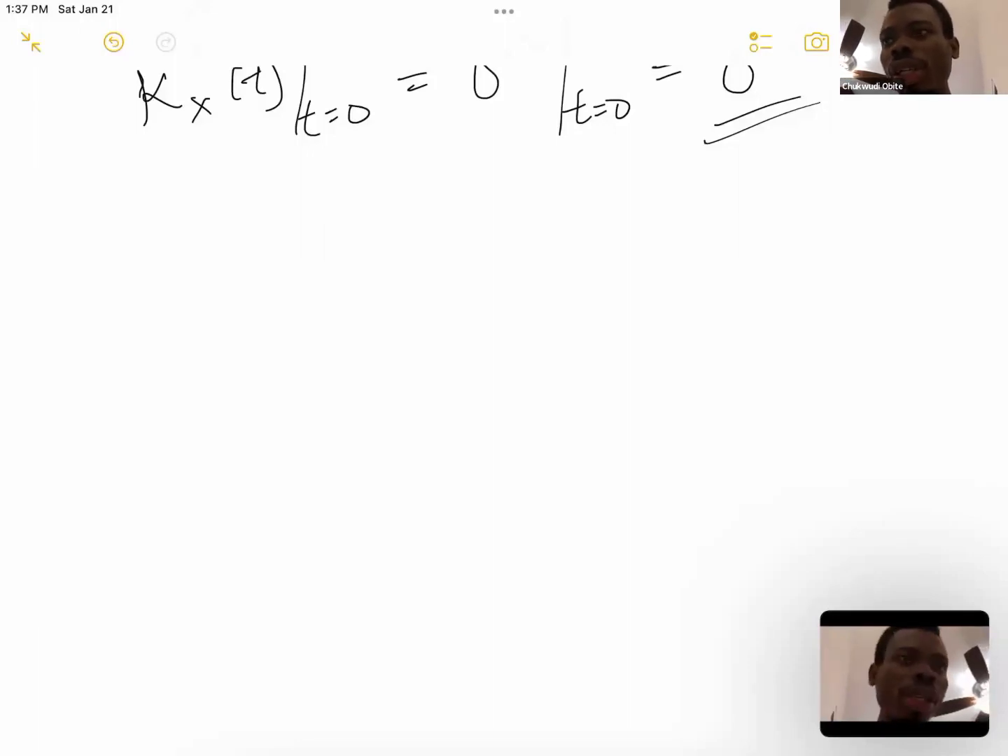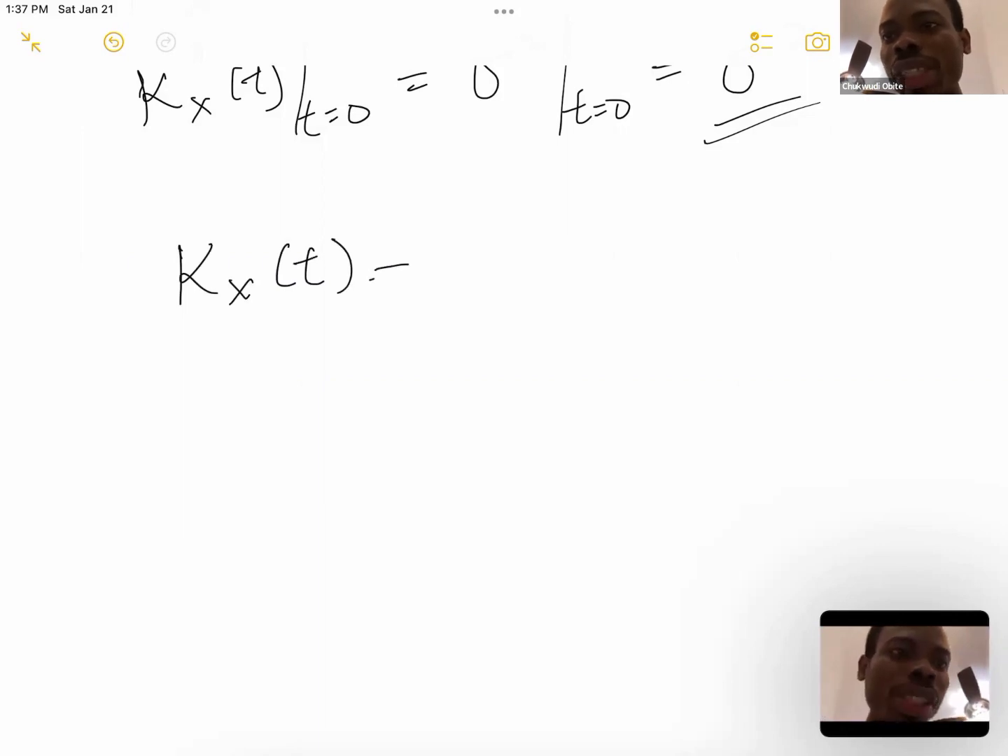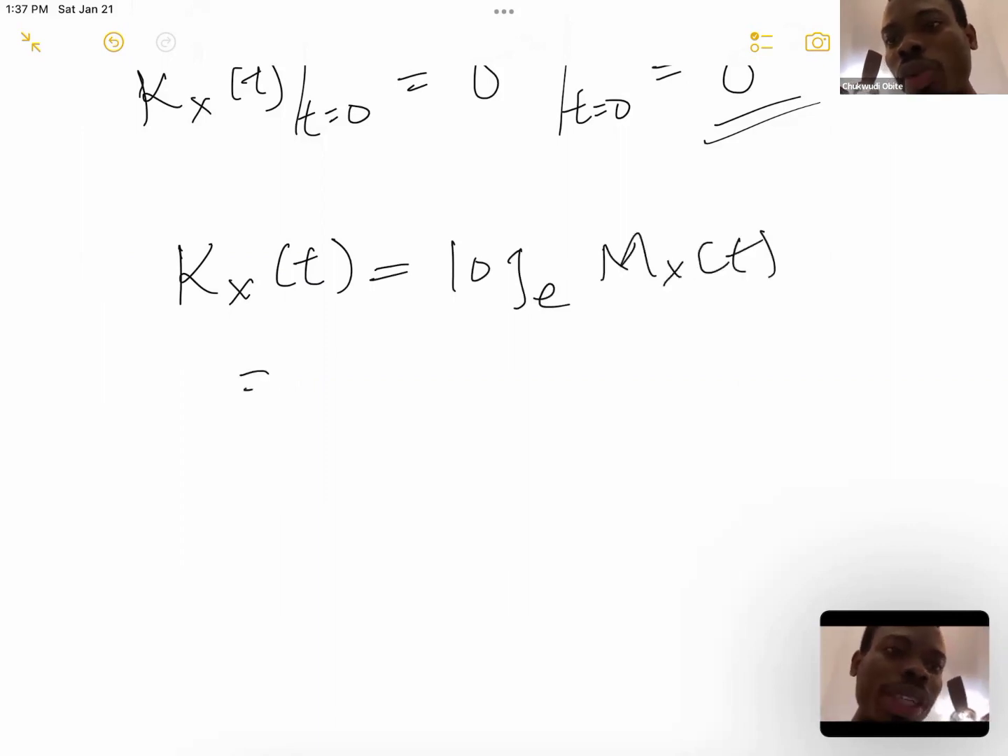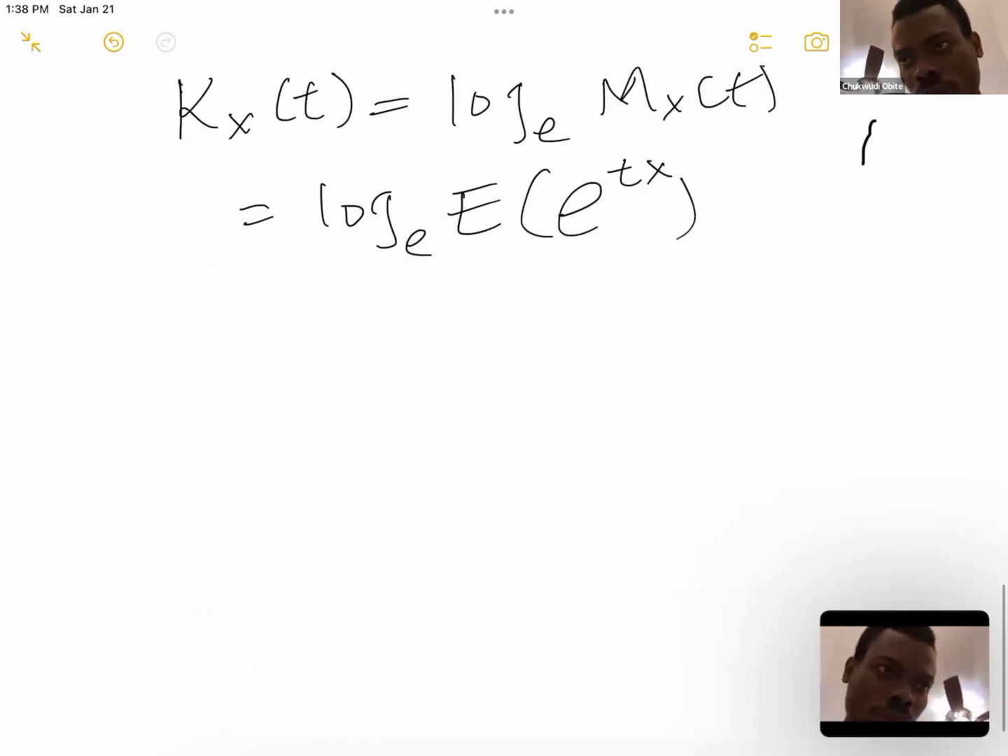So today I will continue from where I stopped in my last video on the cumulant generating function. A recap: in my last video, I explained that the cumulant generating function, which we can represent with K_X(t), is the log of the moment generating function. I also said that the moment generating function is the expected value of e^(tX). Similarly,